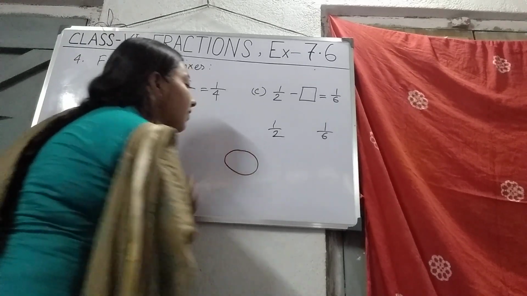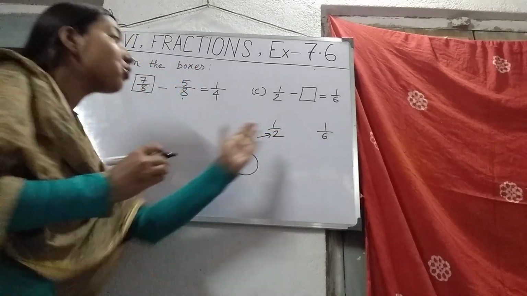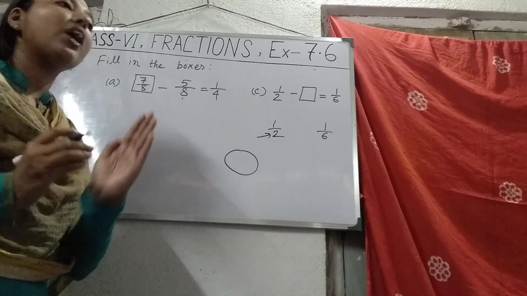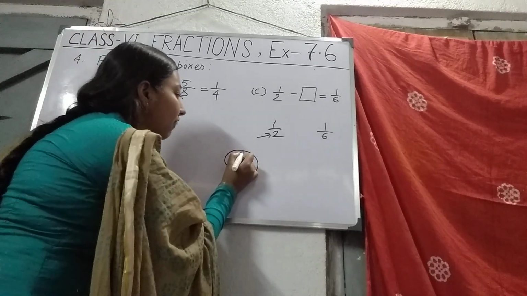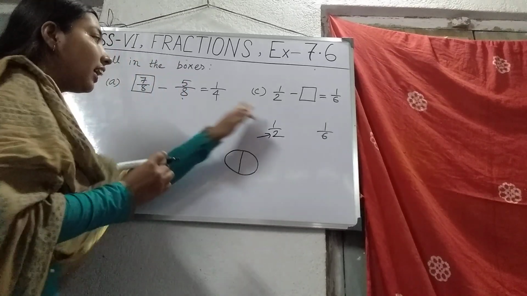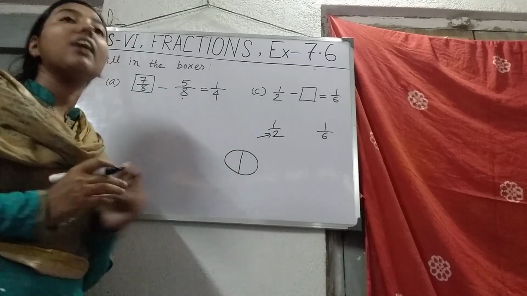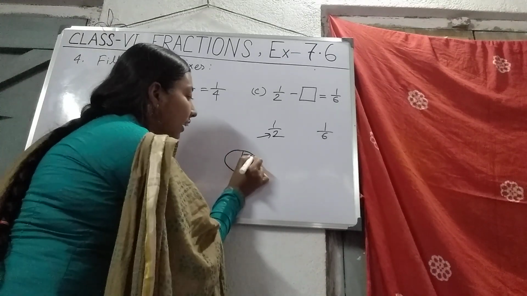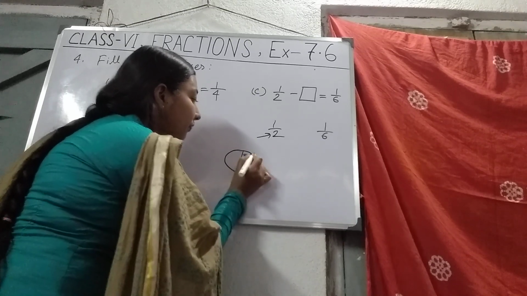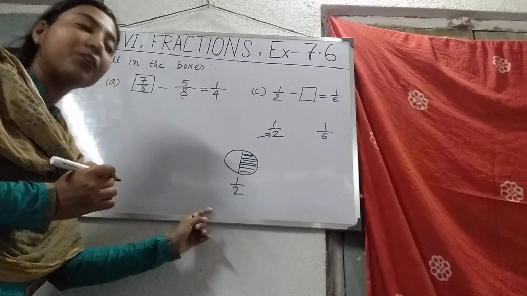Suppose I am taking a circle. Okay. Now follow the denominator. Here it is 2. That means each figure will be divided into 2 equal parts. So we can divide it into 2 equal parts in such way. And in numerator it is 1, which indicates that between the two parts only one part will be shaded. So we can shade this part or this part, any one of the two parts. Okay. So we can represent this figure by 1 upon 2.